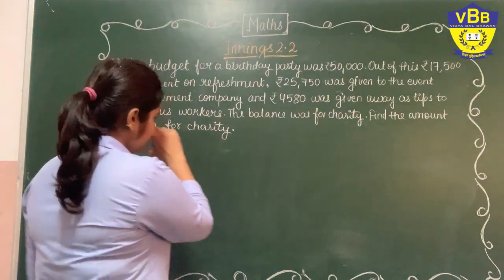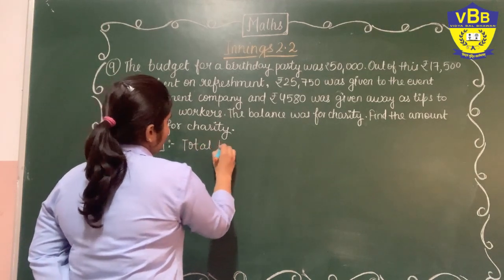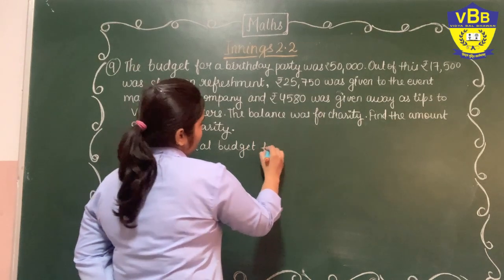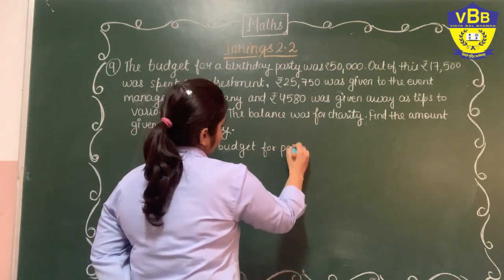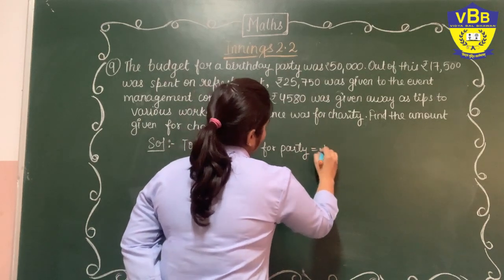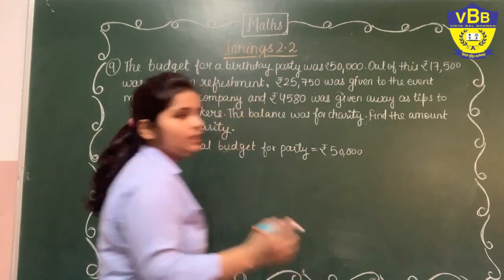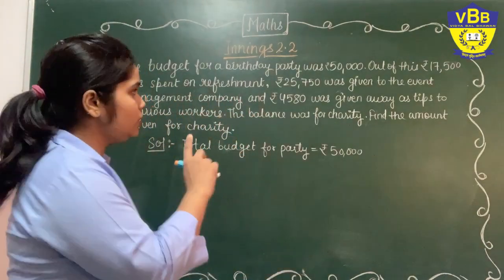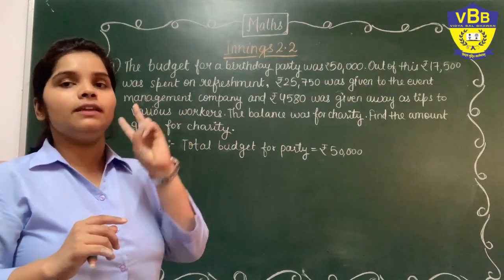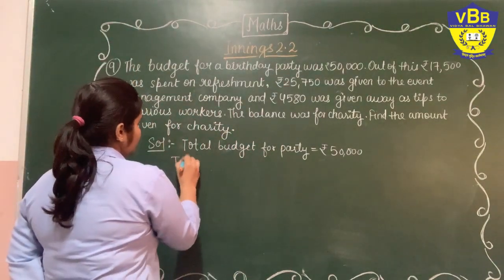Expenditure made on, first of all, what is the total budget? Total budget for the party we are having is 50,000 rupees. Now total expenditure made on three of the things: refreshment, event management company and tips. Total expenditure